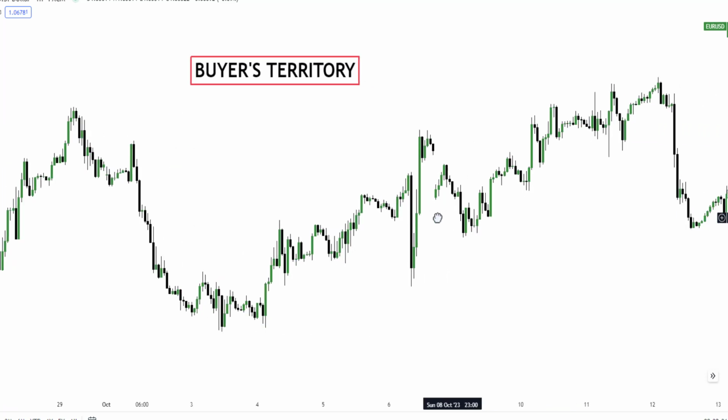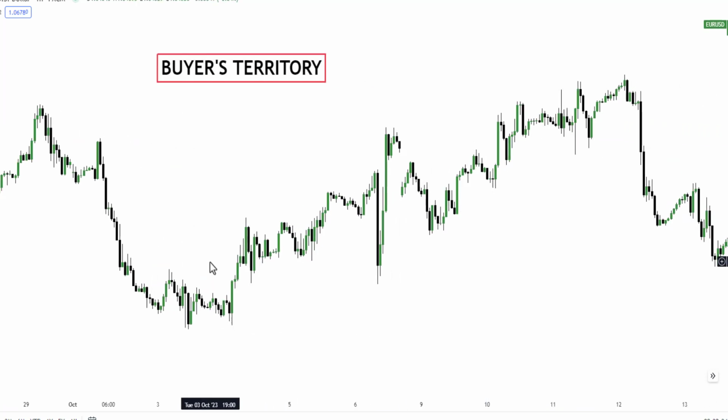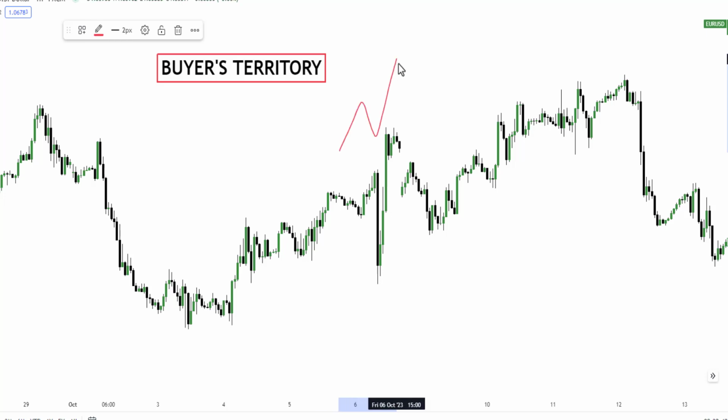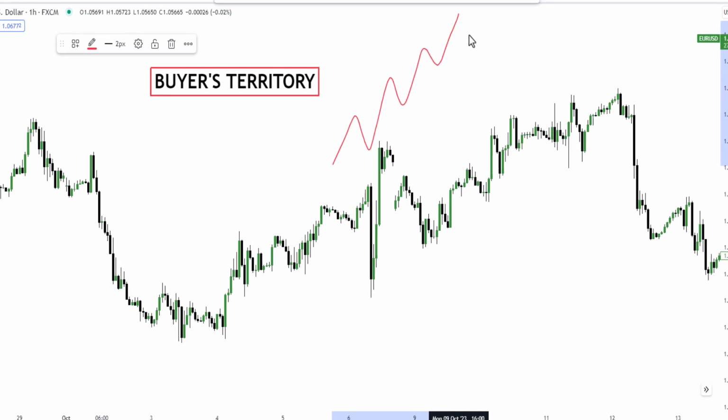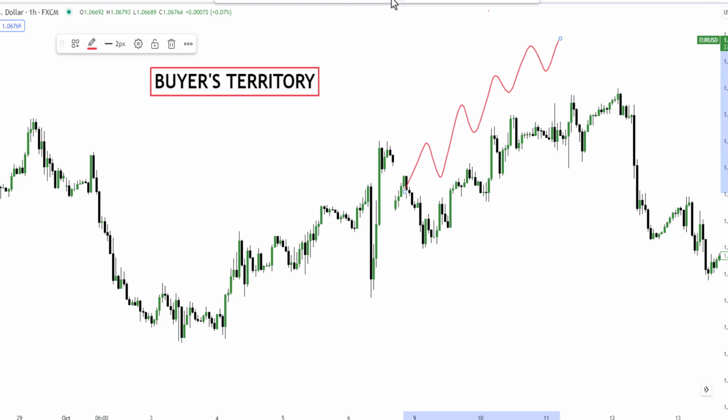Now, after understanding the concept of structure, market structure will help you to know where the institutions are taking price or taking liquidity from one point to another. When we have an uptrend, moving from one level to another, just like this, we consider this to be the buyer's territory because everything happening here is buy, buy, buy. Every time price comes here, you want to buy. Price comes here, you want to buy at each of these points,